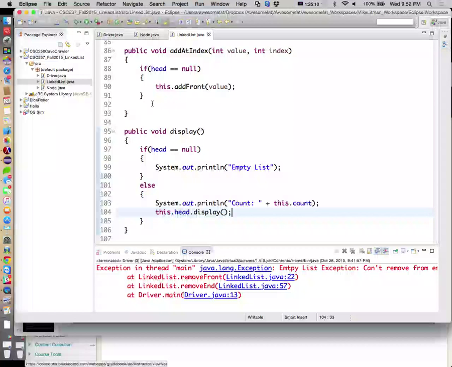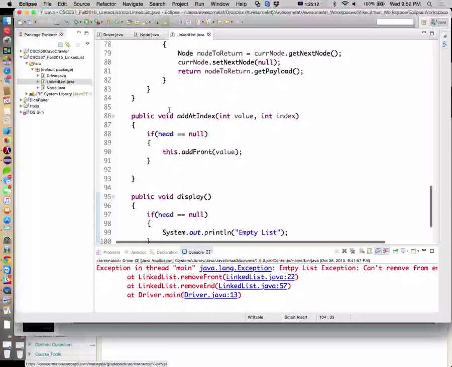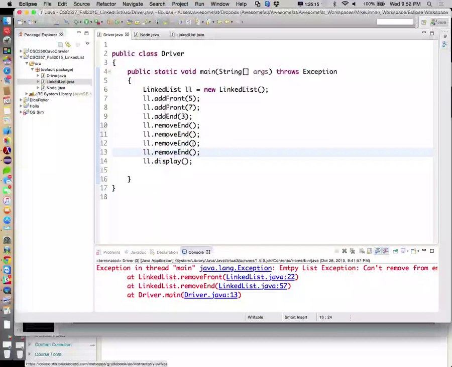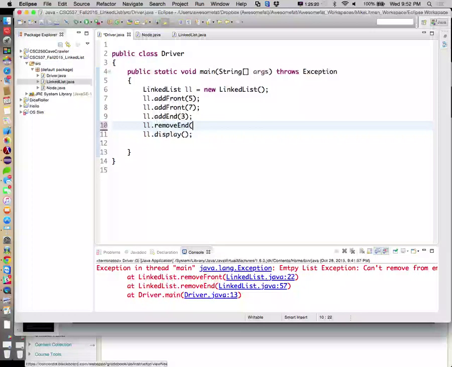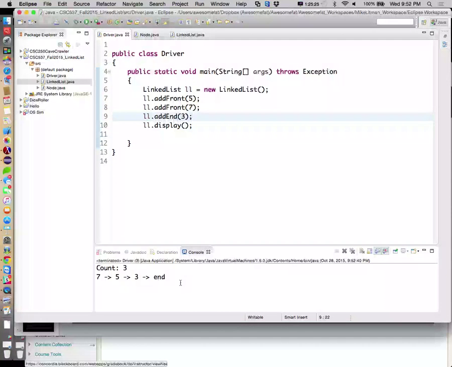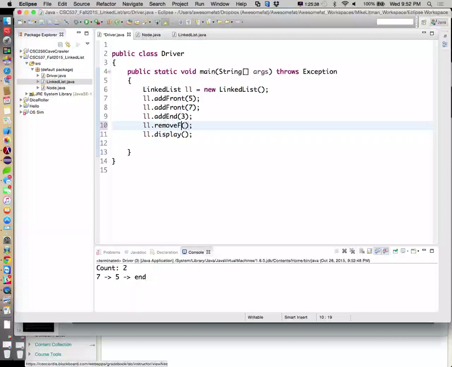Given that, let's just get rid of some of these removes. So this should show 3. Count is 3. Here's that stuff. Remove end. Count should now be 2. Let's just do remove front to make sure that guy works. So now we actually have a count.